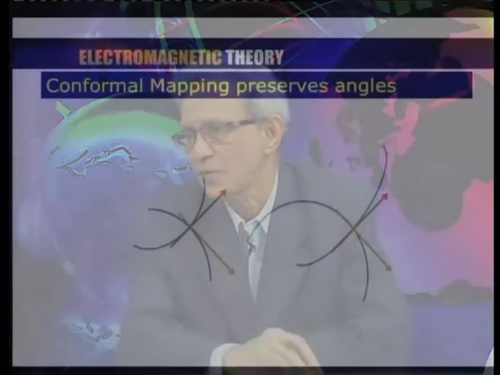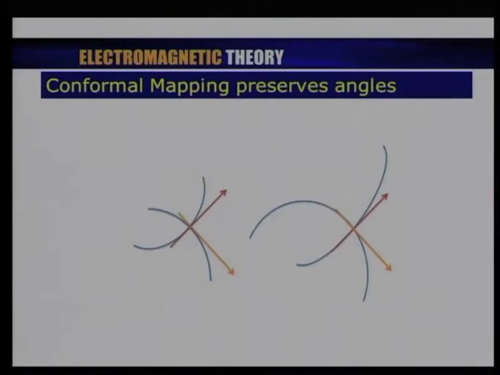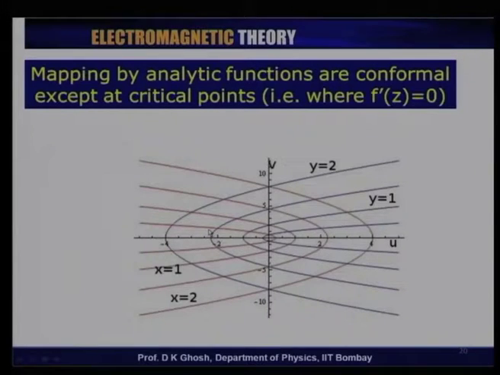This picture will illustrate what I am talking about. Notice that these are 2 curves here, and by some transformation, this curve has become like this, that curve has become like that. And I draw the tangents in the same sense, and you notice that this angle is the same as that angle. This is what I would call a conformal mapping.